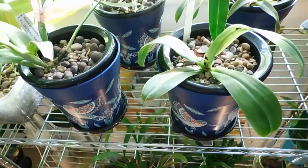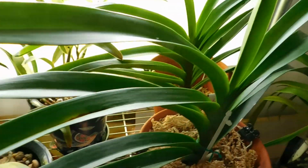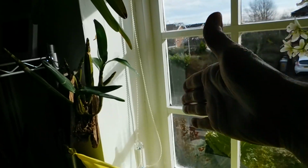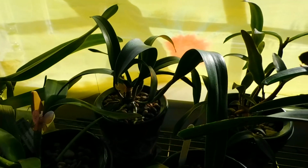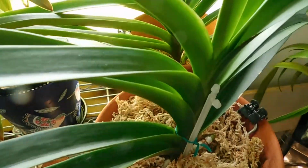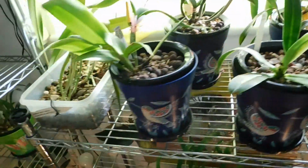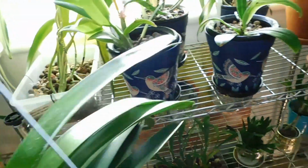And this one goes back on the shelf here as well. There we go, you see. This is where they go. And the big one, as I say, sits there in this area. But because the sun is so strong, I'm having to bring it, and I'll show you where I normally just hang this,